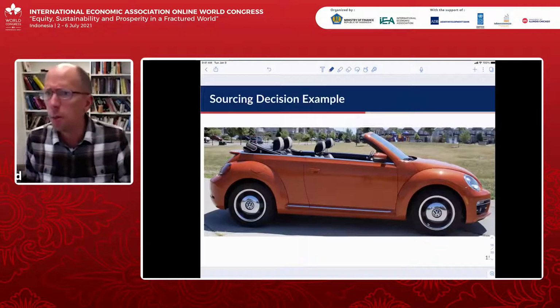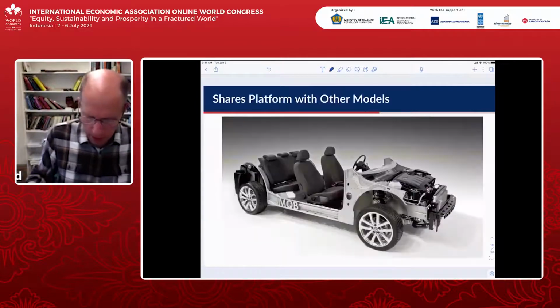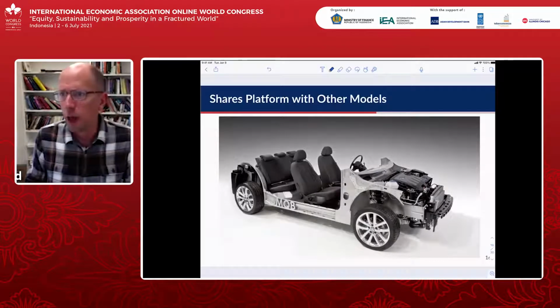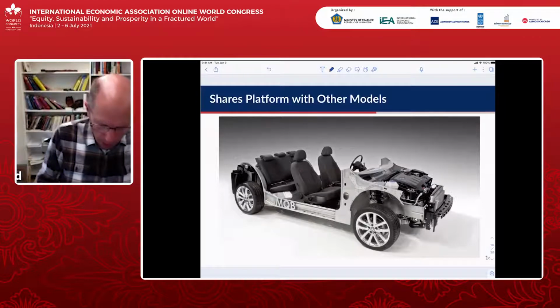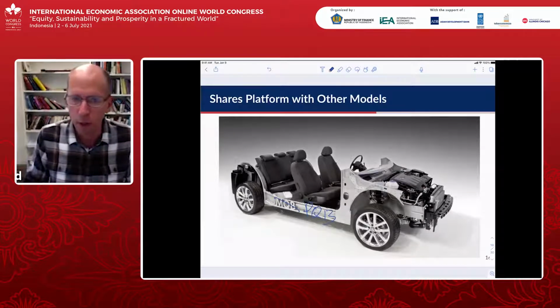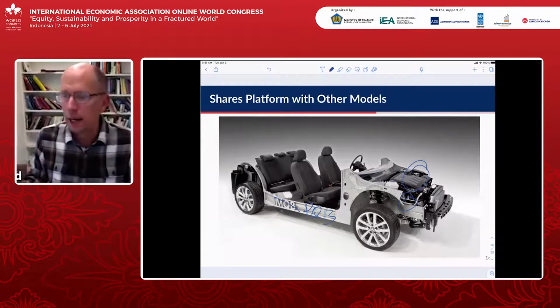Okay, so let's be a little bit more concrete, or stick with this concreteness of the Volkswagen Beetle made in Puebla, Mexico. Now, I tried to get the platform to illustrate for this car. It turns out that platform is kind of old that they use for the Beetle, but the successor platform is called the MQB. So let's just redraw that as the PQ13, which is the platform actually used for the Beetle. Why are these platforms important? Well, the platforms are where the engine and the transmission are sort of plugged in like Lego.